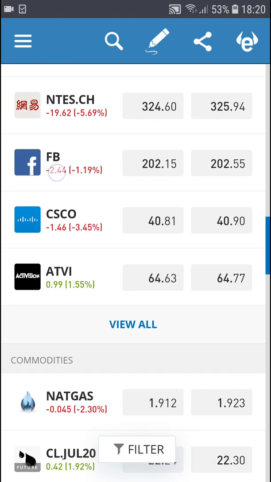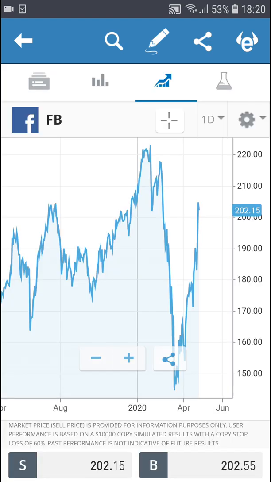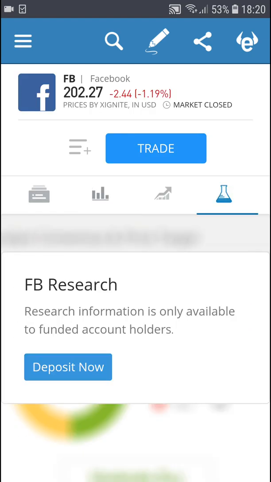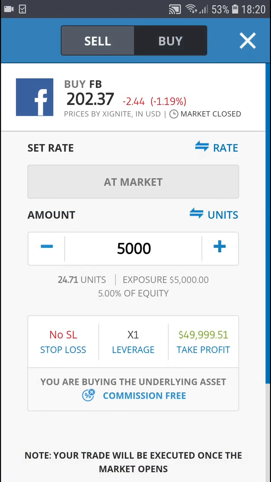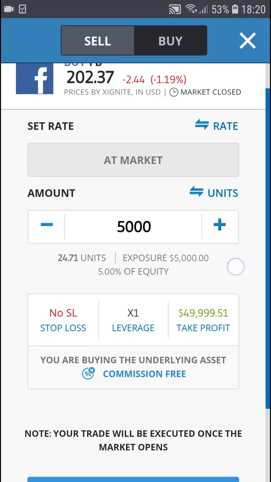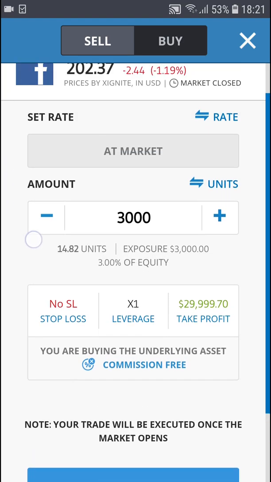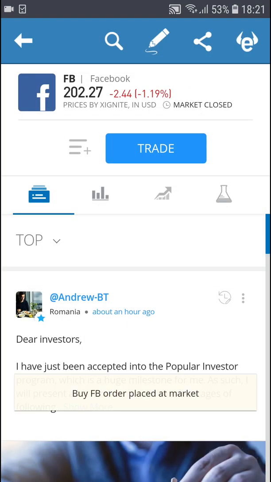Now let's just click Facebook, and you have news here. You can just click here, and you can see the statistics, overview, and just click trade. Now you can also set the rate when the market is open. Now let's just buy a Facebook stock here, and you can have units or normal amount, set order,